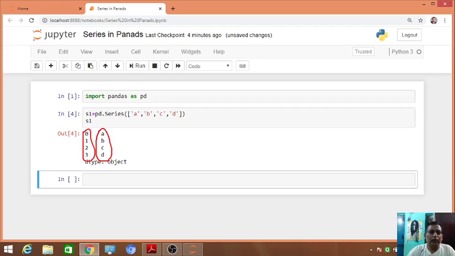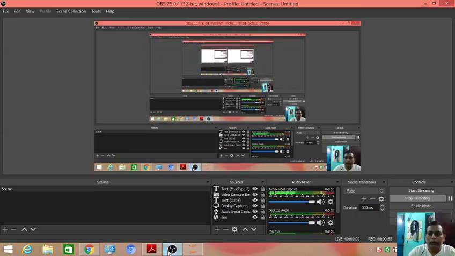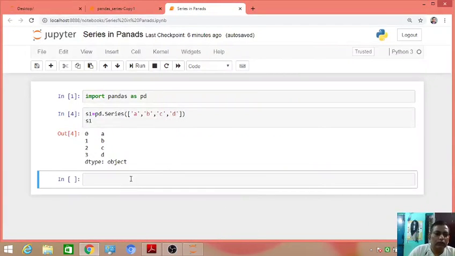A series can be made of anything. Now we will see how to make a series with the range function. So we are making series S2 equal to pd dot Series range.